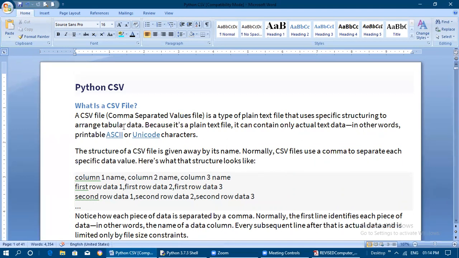Okay, so normally if you see spreadsheet software, how will it be storing the data? It will be storing the data in the form of rows and columns. So columns are used to indicate the field names. For example, student details, if you want to save in a spreadsheet: student roll number, then student name, and then student class, and then date of birth. Like that we can store a number of details column wise. So a column is used to indicate the heading. Mainly the first row is used to give the heading for the entire table contents, and from the second row onwards we will be having the records.